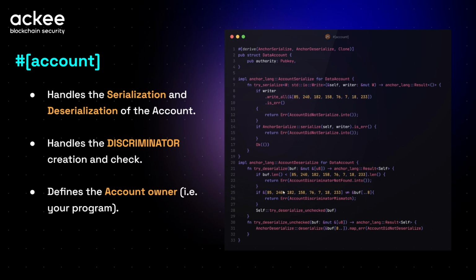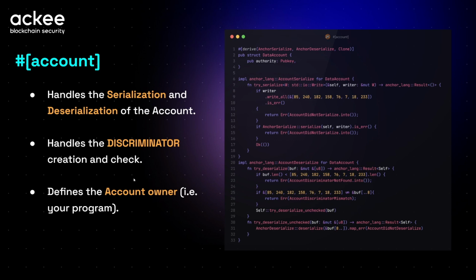For the deserialization, it is the same, but it is not writing, it just checks that the data length is at least as long as the discriminator, and if so, then it will check if the discriminator matches. So if yes, then it identified that this data account is correct as expected, and we can proceed with the deserialization.